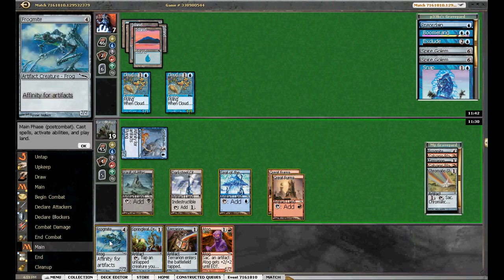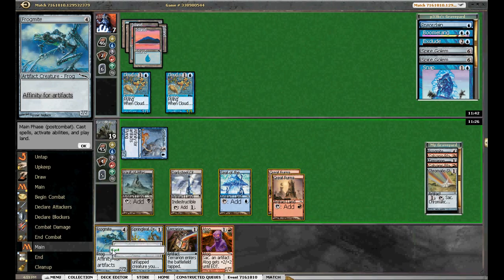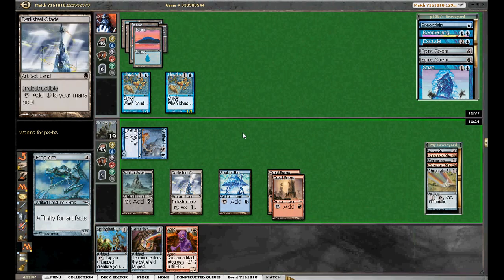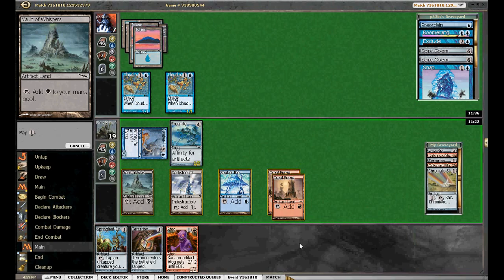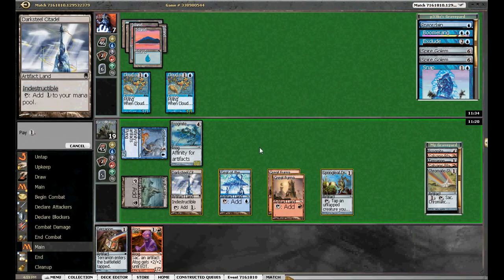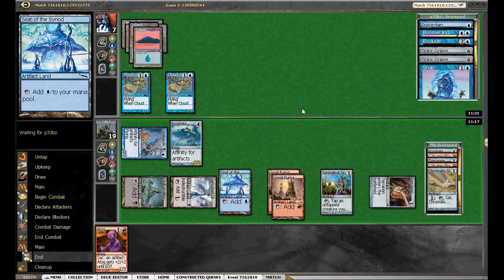And now we're going to play Frogmite first, which he's going to have to let resolve. We're going to play Springleaf Drum now. And we're going to play Terrarian. He's just looking to stop that Atog. I'm not going to give it to him. So